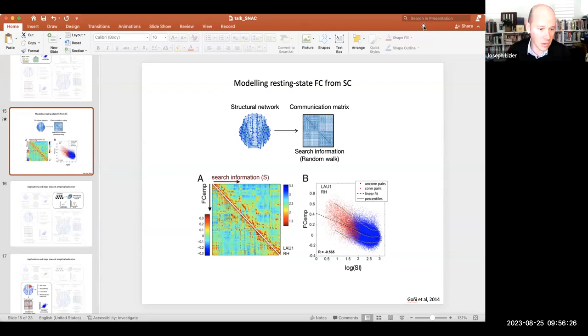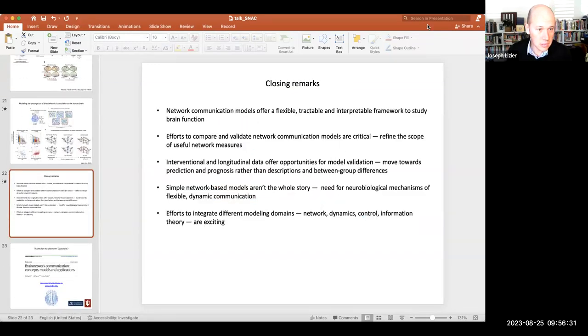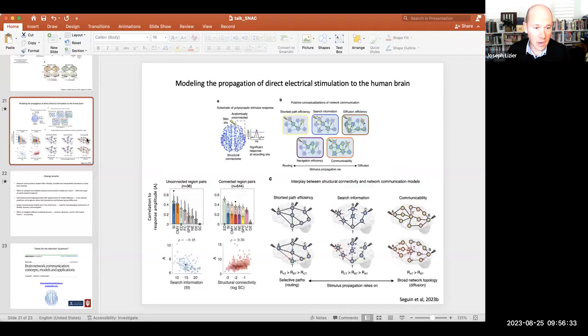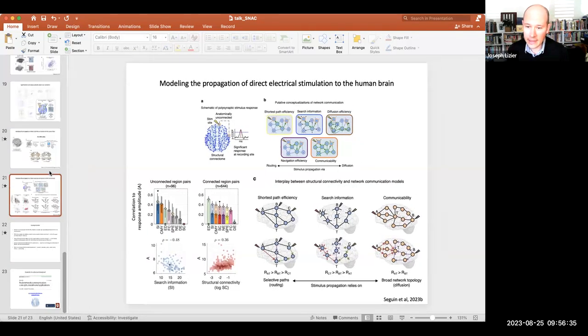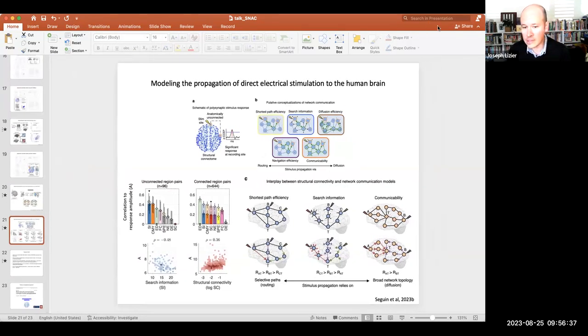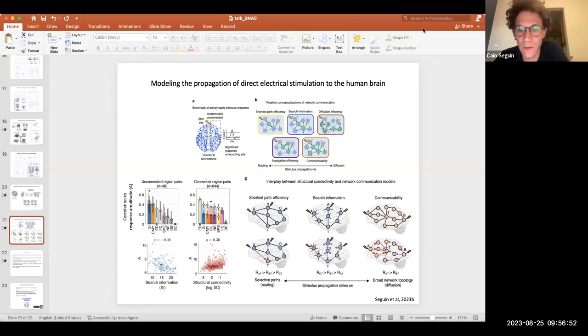And then on slide, was it 22, 23? 21. You've got the really nice diagram in the bottom right of saying, okay, these different measures work in slightly different ways. And so that can help us start to get some intuition as to why they are better or worse at predicting different kinds of dynamics. So that's some good intuition towards that.